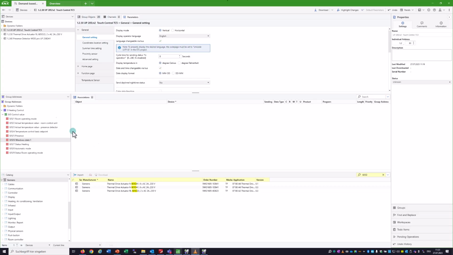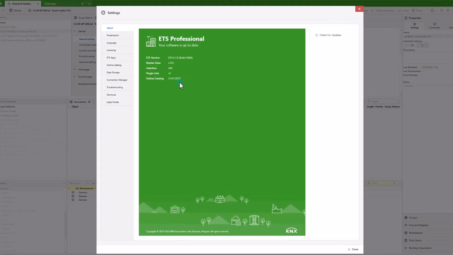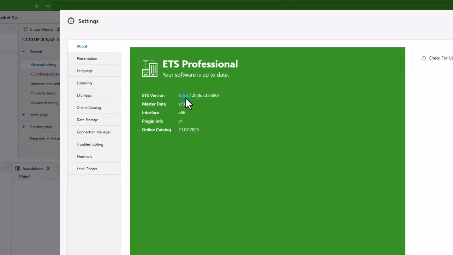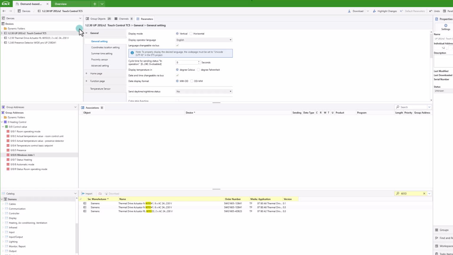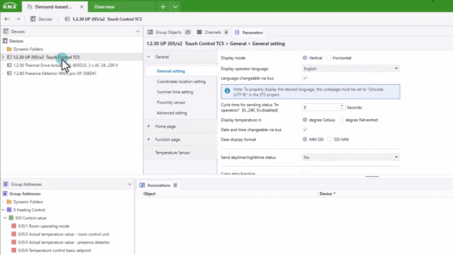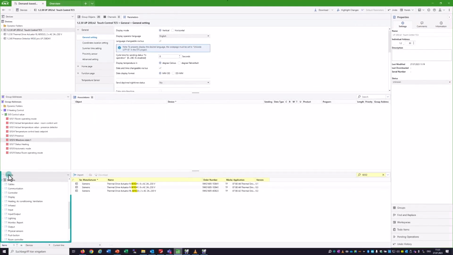Video commissioning with the ETS includes setting the device parameters and linking the data points between the devices via the group addresses. We used ETS 6.1.0, the current version, when the video was created. The project is already prepared. The product data of the devices required for the application have already been inserted into the project from the ETS